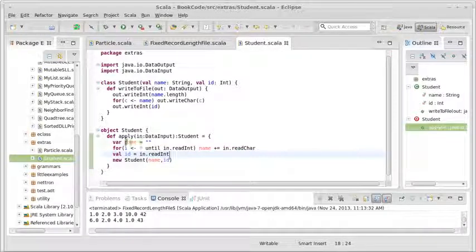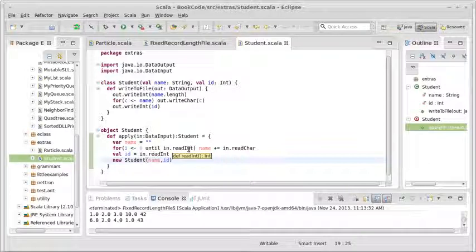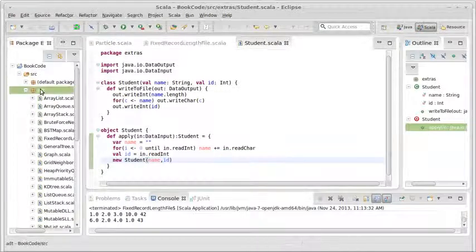Okay, so this starts off with the name being an empty string, then it reads in the integer for how many characters there were, and it goes through that many times and appends a new character onto the string, and then at the end it reads the ID and it builds a new student using both of those. We don't have a record length here because the record length varies depending upon what is actually stored in the student. So now with that in place, I want to go and write a new ADT